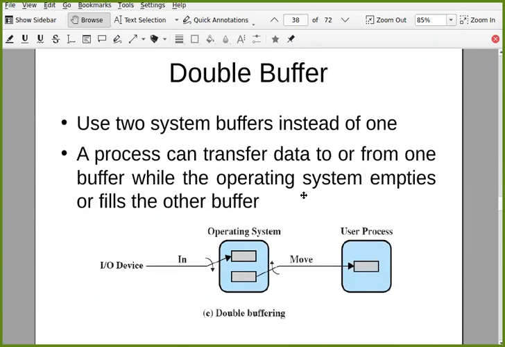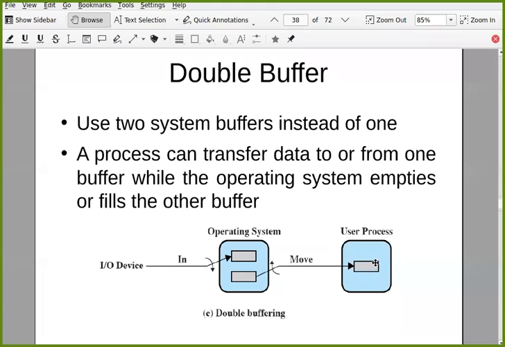Now, to better this idea, instead of a single buffer, you can use a double buffer, so that two operations can be done in parallel. Like this will be read here, and once this is read, let's say there is another buffer. In the other buffer, the device can be reading further, and whatever is already read is being moved to your process.